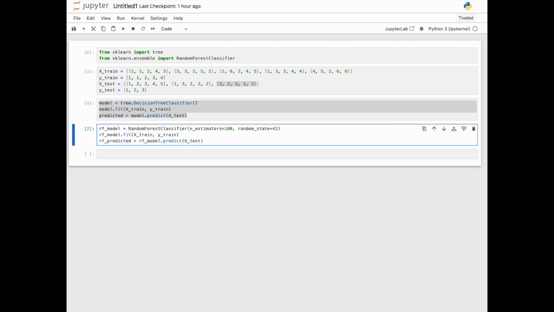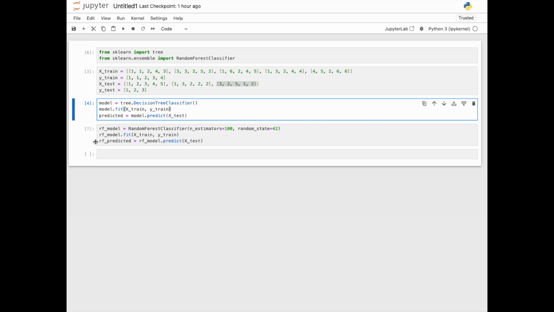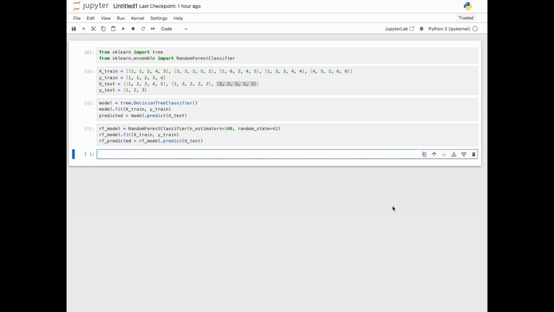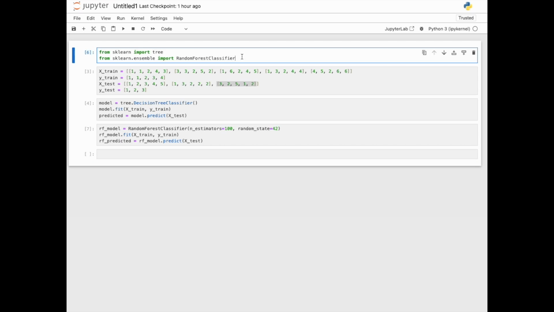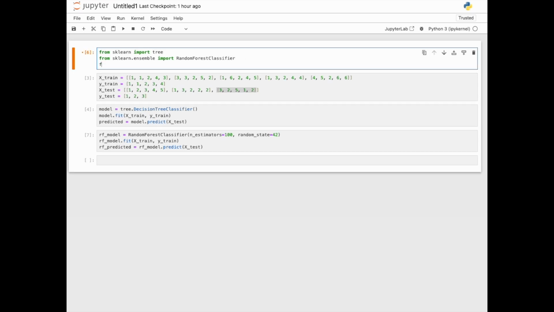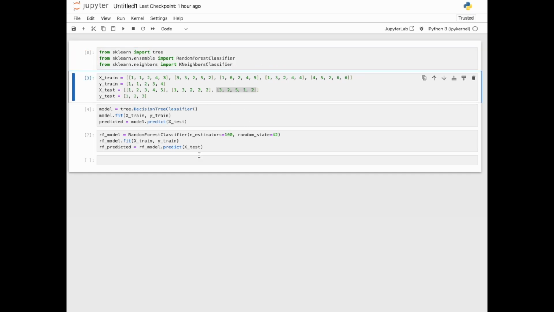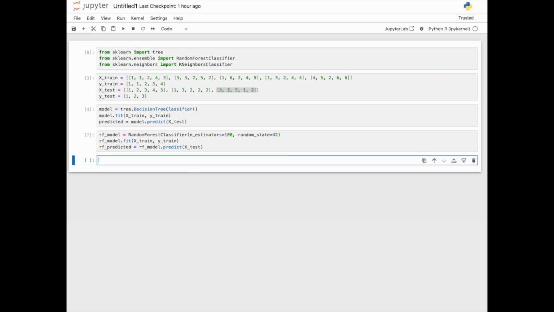Hello, today we'll be going over how to really easily use the machine learning algorithm K-nearest neighbors. If you haven't already, I recommend you look at the previous videos to get a sense of what we're doing. So first we will import. So we've imported the package we need, and then